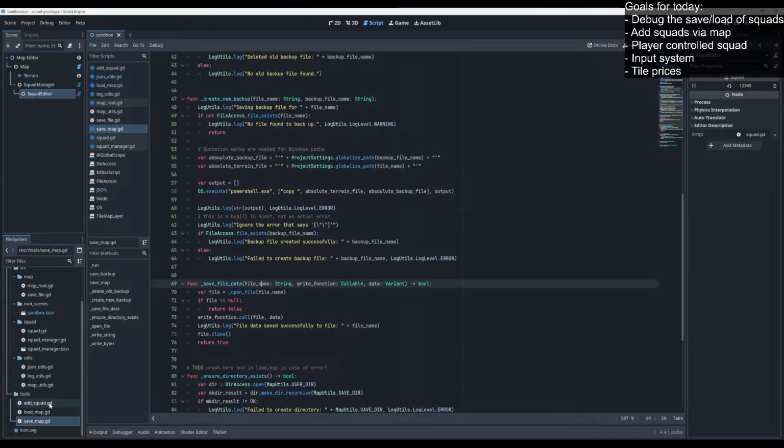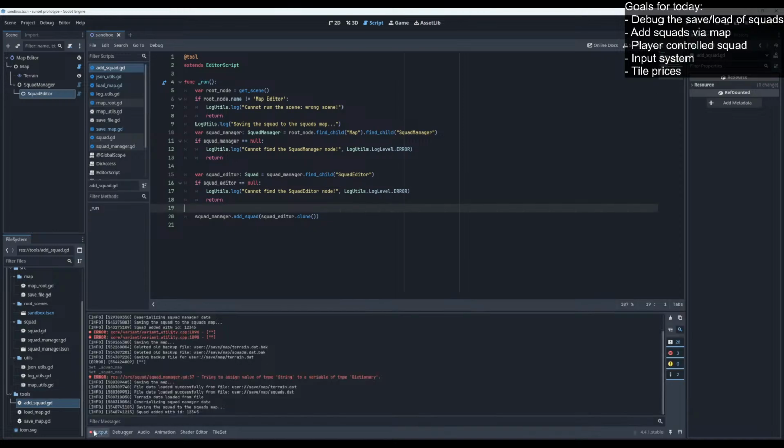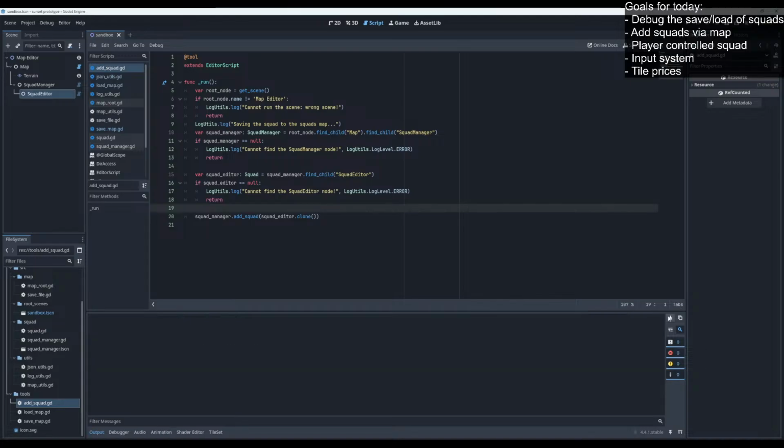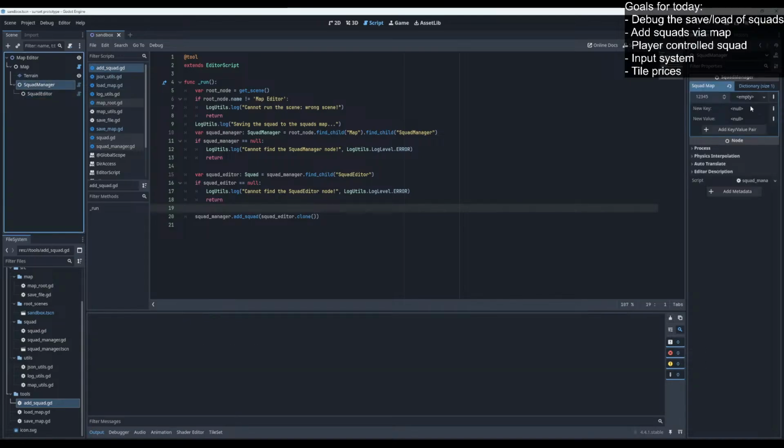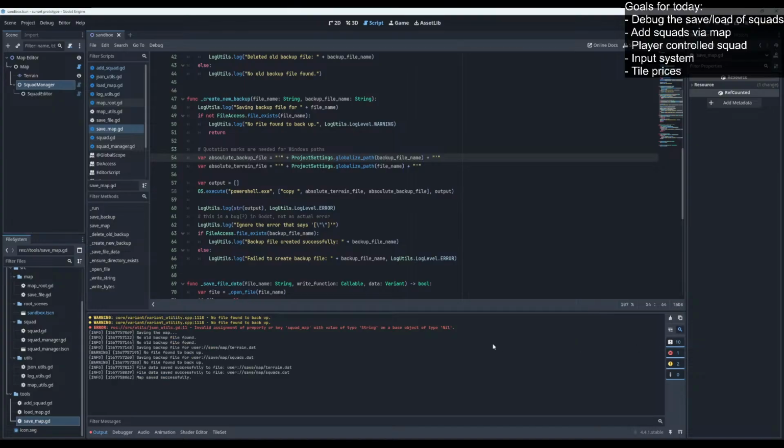So we first run the squad. It did not work, or did it? Oh, it did work. Okay. Now we call the save map, run, and